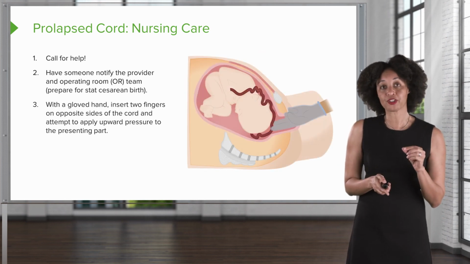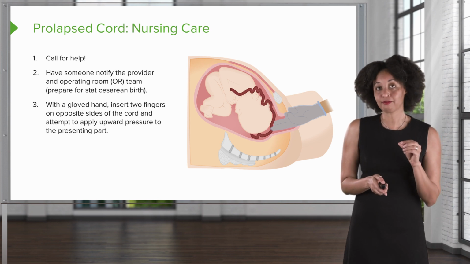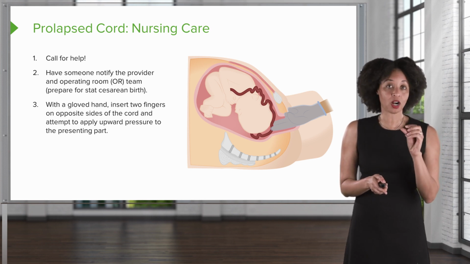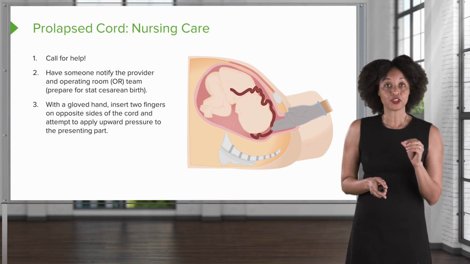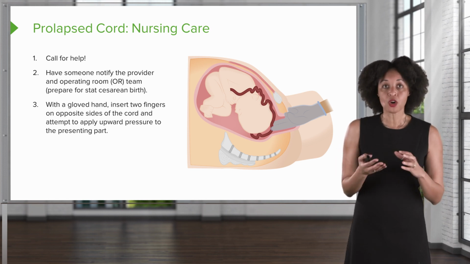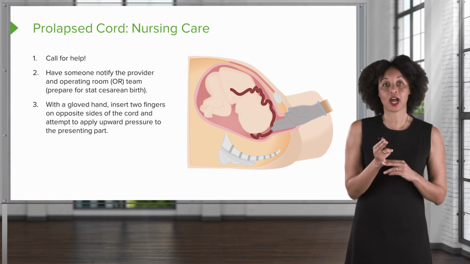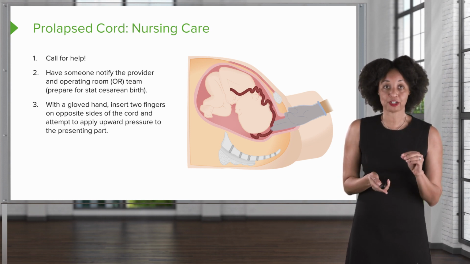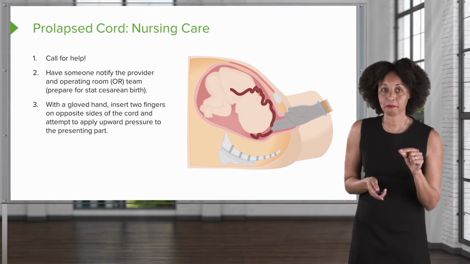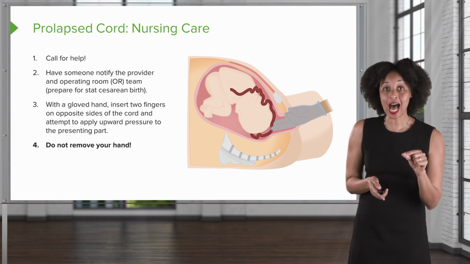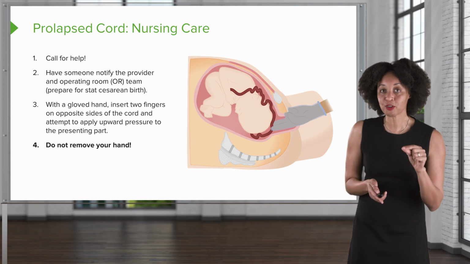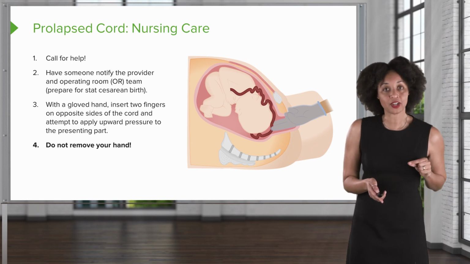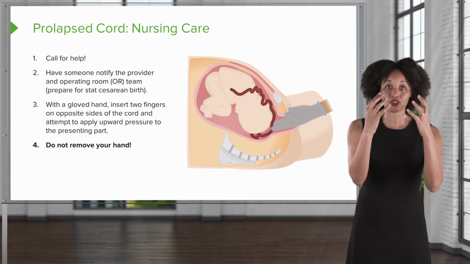The next thing we want to do is think about how we can relieve the pressure of the presenting part on the umbilical cord. So the nurse, with a gloved hand, of course, would introduce their fingers into the vagina and actually push up on the presenting part to alleviate that pressure. Now, here's the most important part of that. Do not remove your hand, because the minute you take your hand out, the presenting part will settle down on